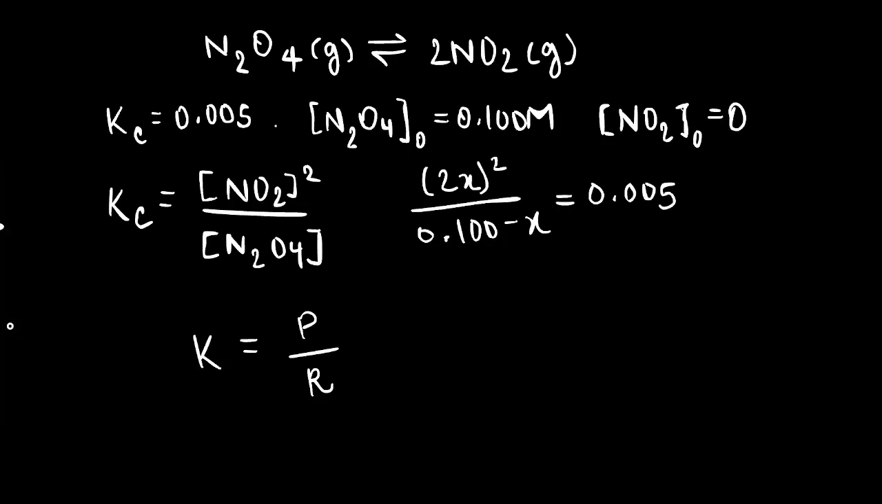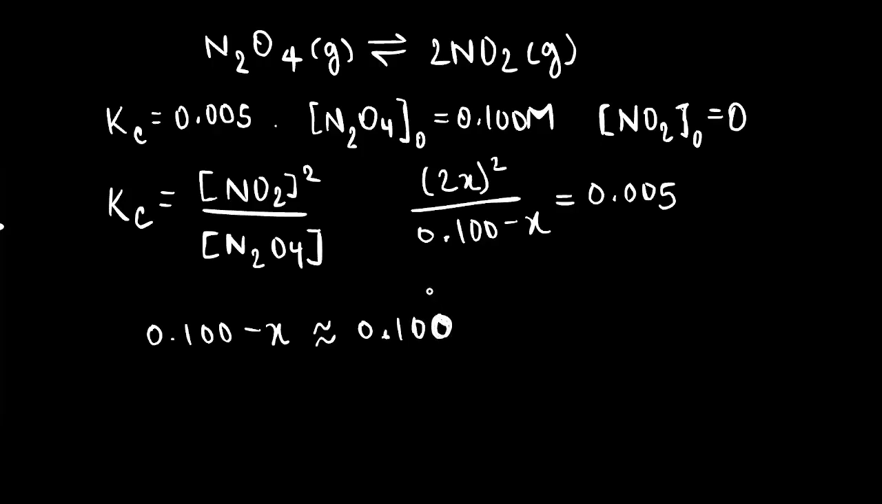And so because of that, what we can say is that this x, the amount of our N2O4 that is converted, is so small that it's essentially negligible. What that means is we can say that the 0.100 minus x is basically, or just approximately, just 0.100. And what that means now is that if we use this in the above expression, we can say that